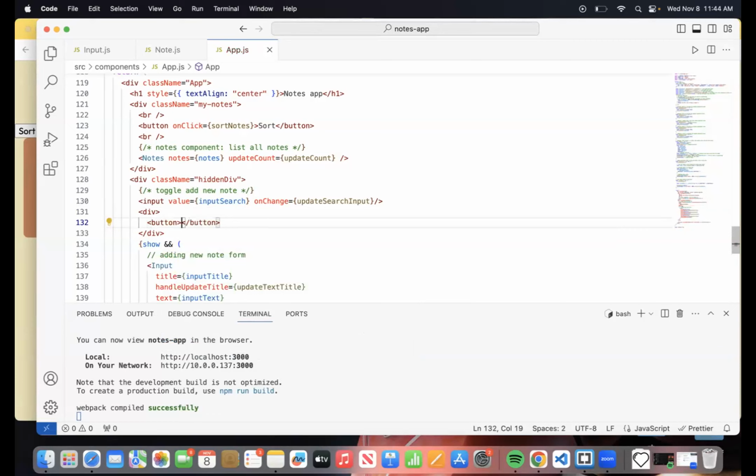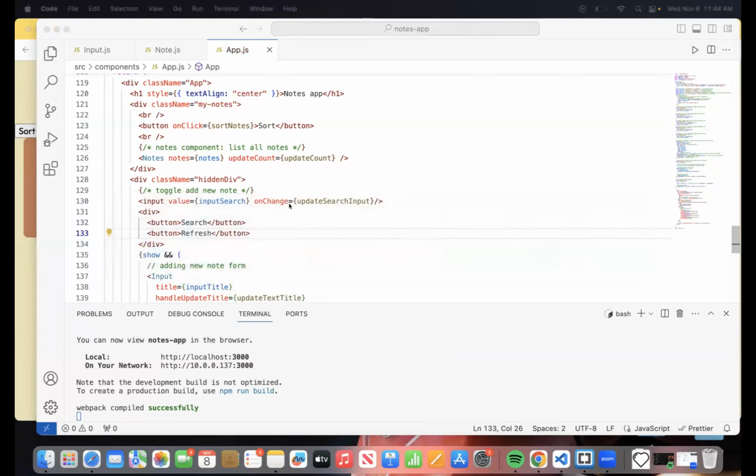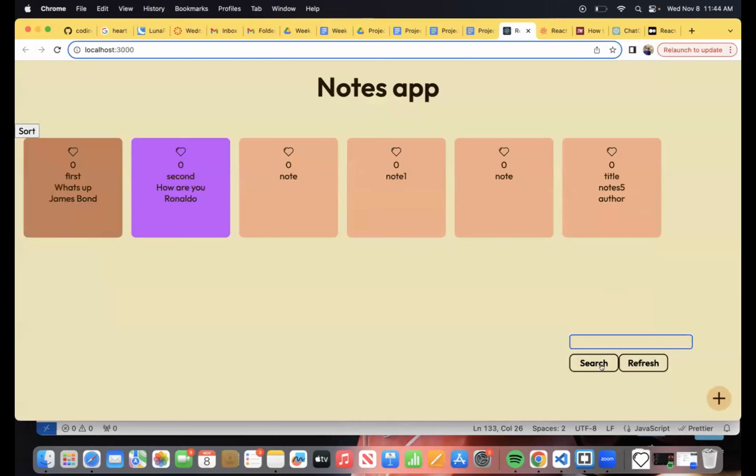Let's call this search. Similarly, next line, same thing, another button, but this is going to refresh it. You get why I'm having two buttons over here? One's going to do the search itself and display what we need to display, and refresh is going to bring back everything else. So it's going to display the whole landing page essentially.